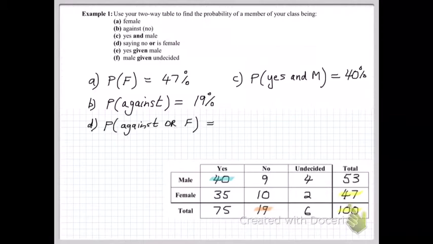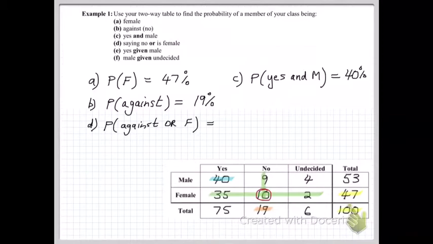Now it gets interesting. The probability of someone being against or female. So now we highlight this row and this column. There are 47 out of 100 who are female, and there are 19 who said no. So what's the probability of someone being against or female? Note that they can be male as long as they voted no. You'll see here that there's another point of intersection, and we need to be careful we don't count this number